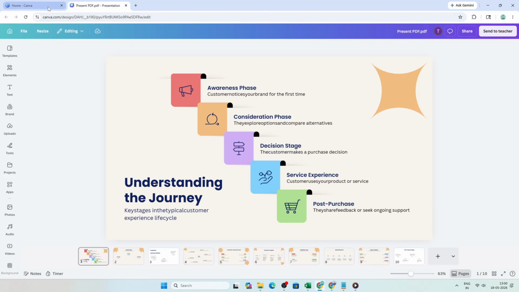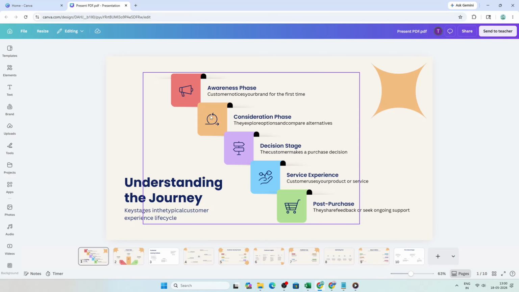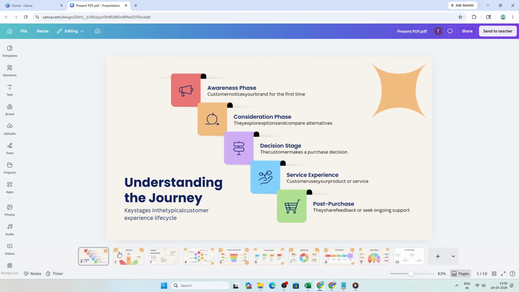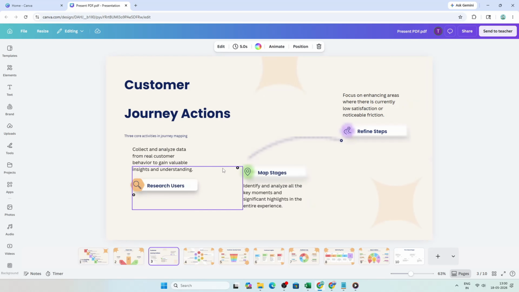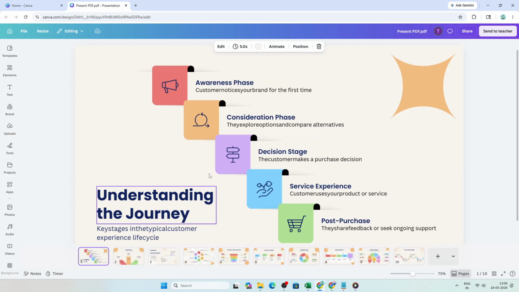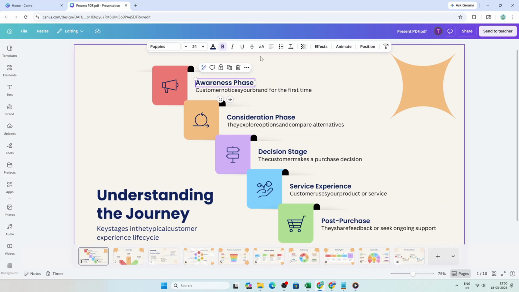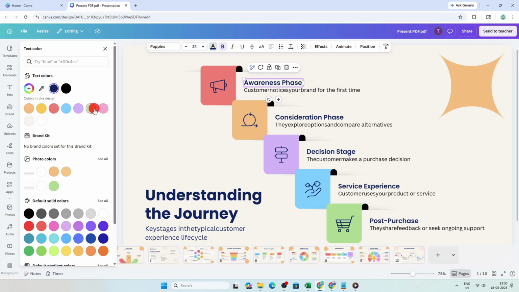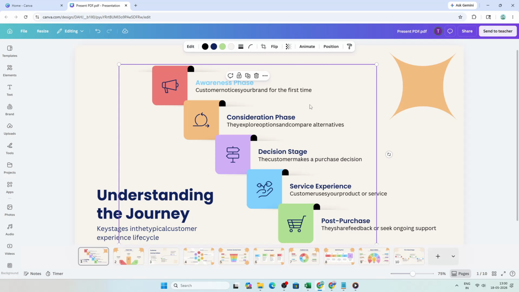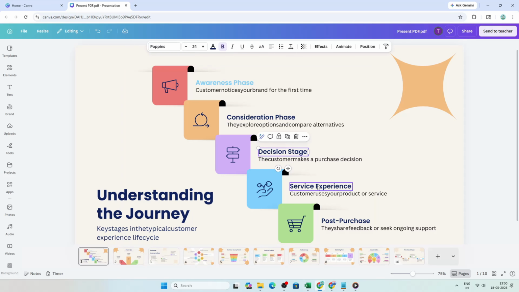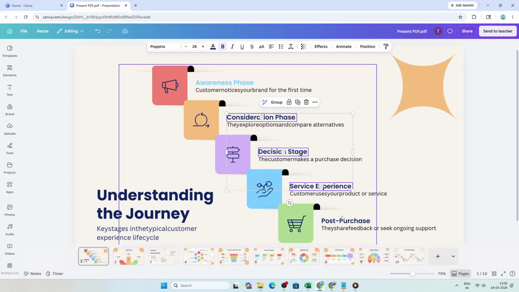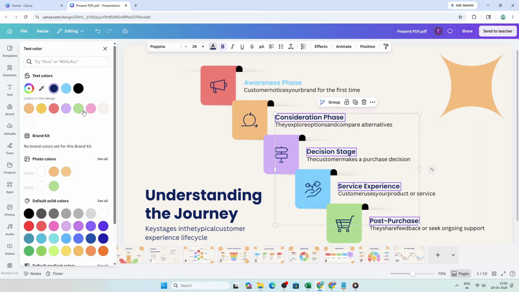Before you export anything, take a moment to review your slides. Zoom in and scan for details. Make sure text isn't wrapping oddly, charts look crisp, and images aren't cropped in unexpected ways. Because PDFs don't always carry over fonts perfectly, you might see slight differences. If something looks off, select the text and choose a similar font, then adjust the size or spacing until it